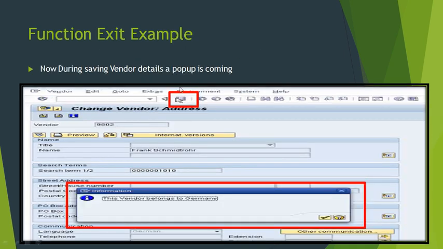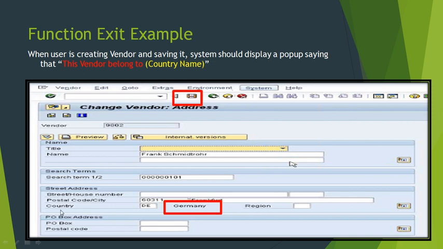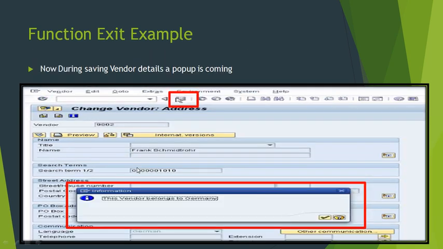After implementing this change, we are saving the vendor and we are getting one pop-up: this vendor belongs to Germany. So why is it saying Germany? Because the country name was Germany, as we told it that this should be displayed. So this is the function exit example.